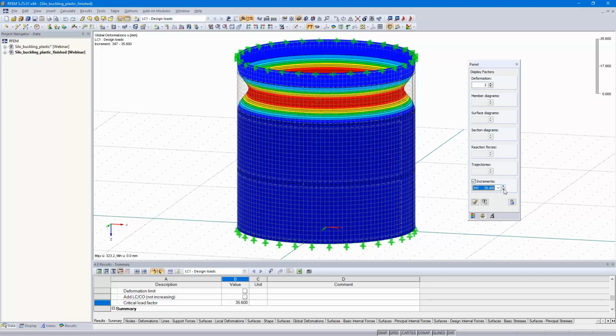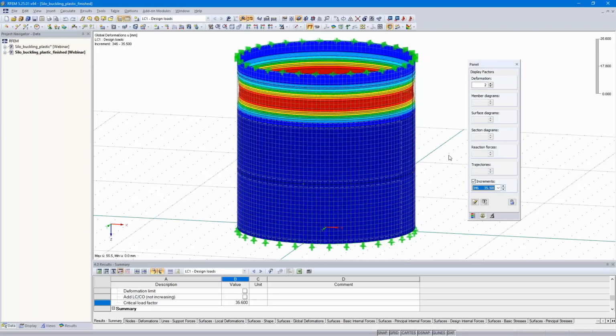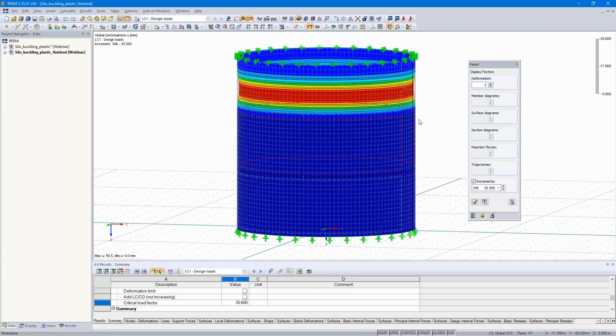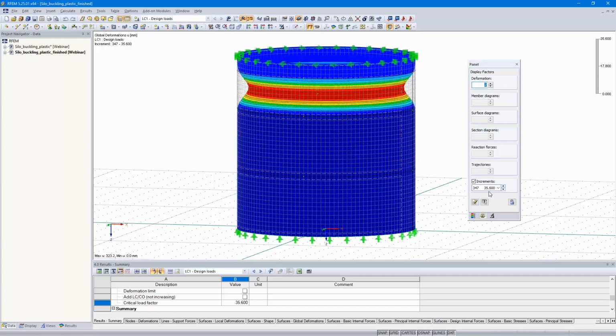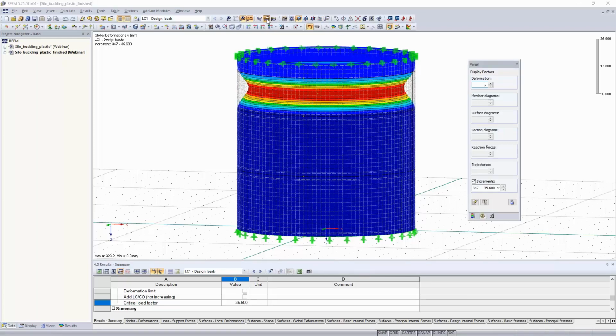Also in the next step, 35.5, also a small deformation, and in the next step 35.6, you can see a quite large deformation in a very small step, and that's the point when the program stops the calculation. I would like to show you the calculation diagram